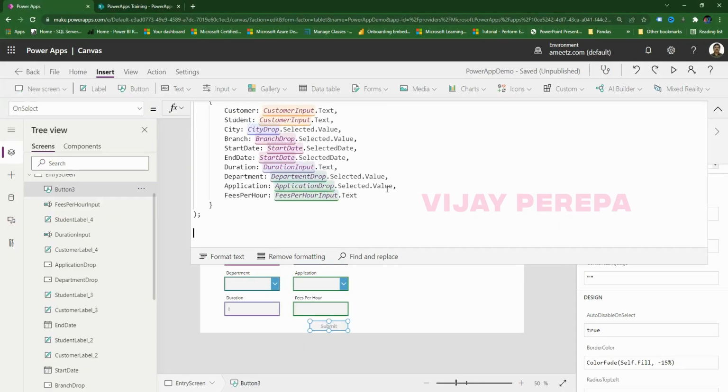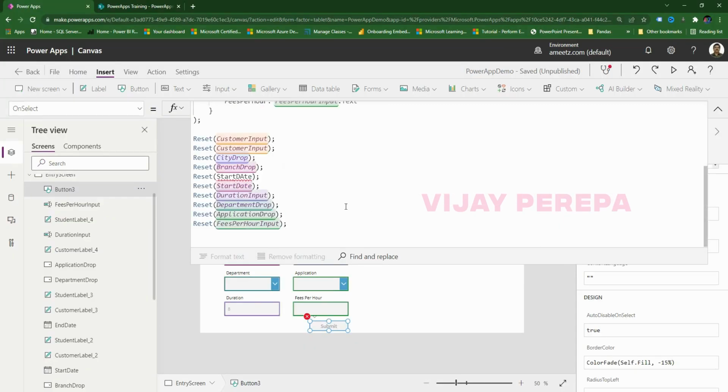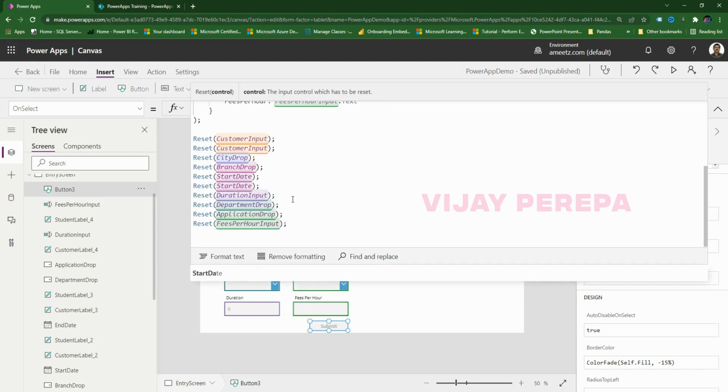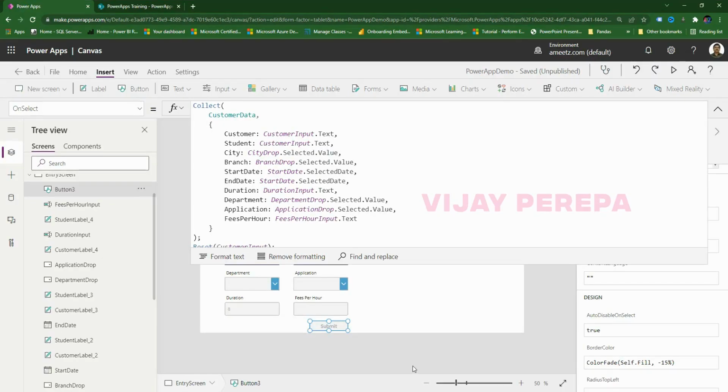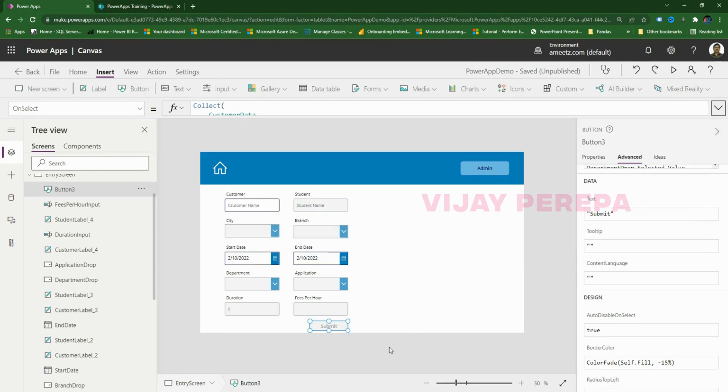So copy this and go back and paste it. Simple. Start date is a problem, so it has to be small a, and that's all. So that way we have finished the entire formula. Now we are good to go. Now let me add some data and then see how that can be converted into a collection, rather added into the collection. Customer name,